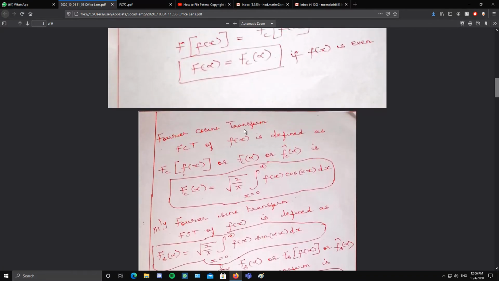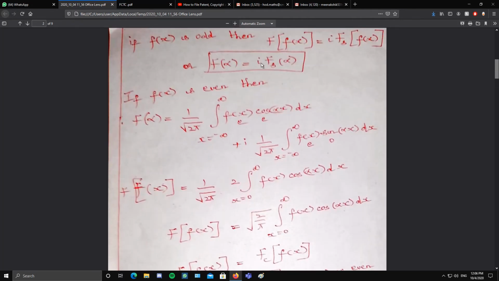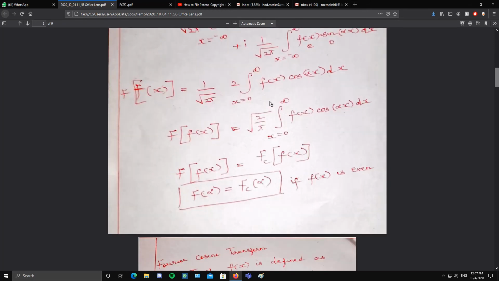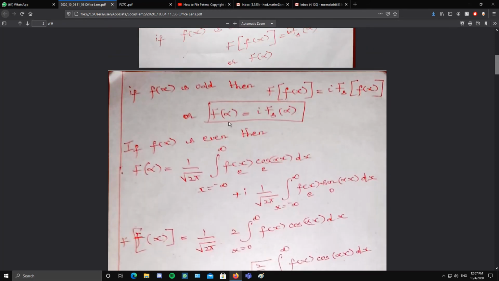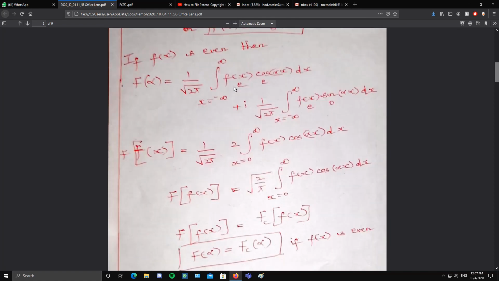So it's enough from this part. It's enough if you learn what is cosine and its inverse, and what is sine transform and its inverse. Even this part is not required. You only should remember the relation. If f of x is even, F of alpha is same as Fc of alpha. If f of x is odd, F of alpha is same as i Fs of alpha. You don't have to learn the proof for this relation, but you should remember the relation for doing problems.